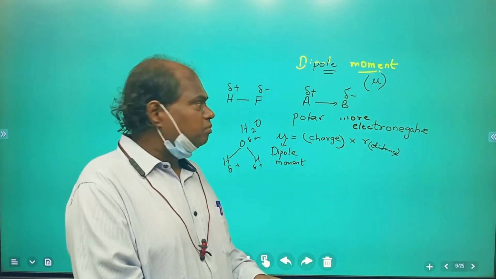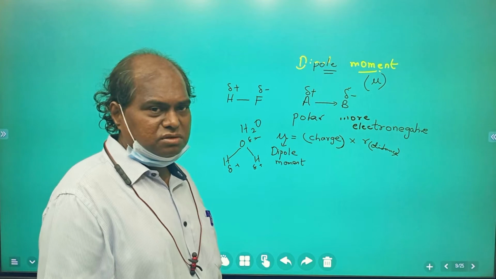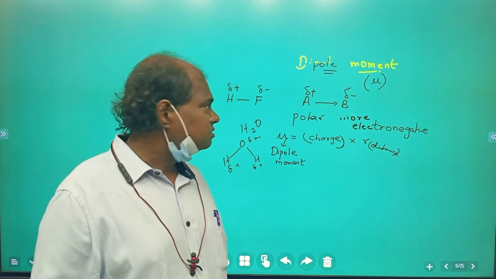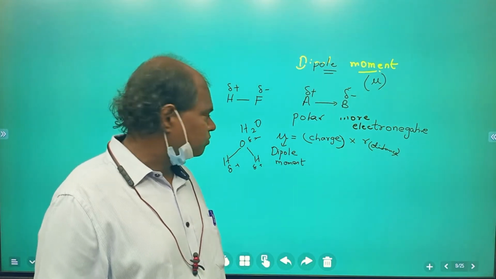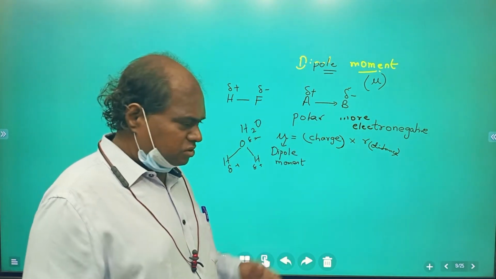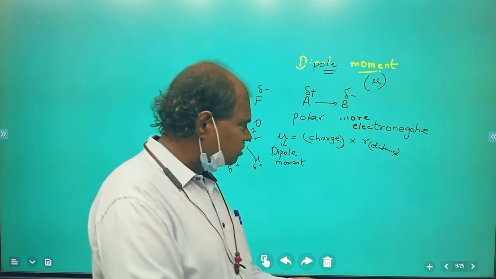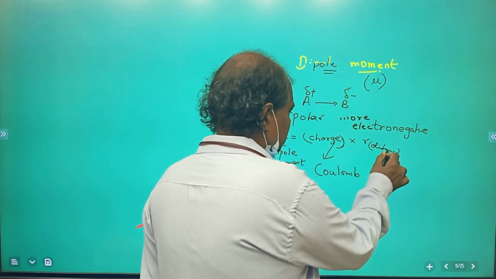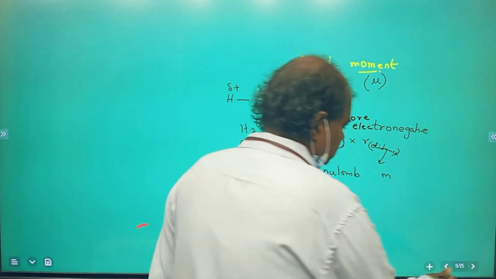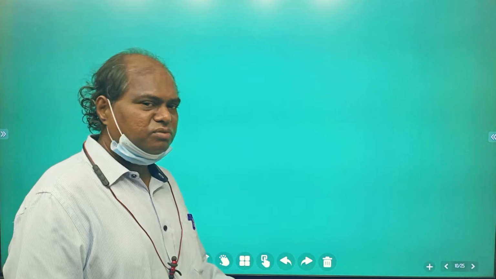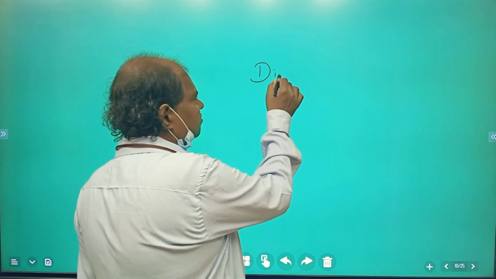Similarly, in polar molecules, the bond is very strong. There's a difference in electronegativity, charges will develop, and the bond will become stronger. So this is all the use of dipole moment. You can predict the solubility and you know the strength of the bond also. Last time we did some sums on this. Charge is expressed in coulombs and distance is expressed in meters. And last time we have done some sums on percentage ionic character also. Now, a very, very important thing, this is what we'll start today.